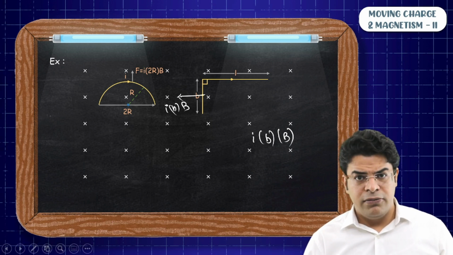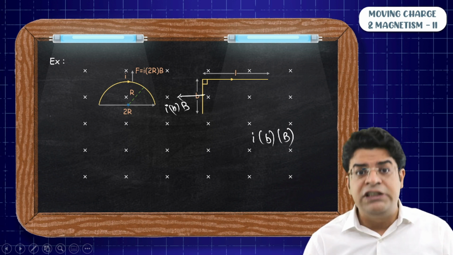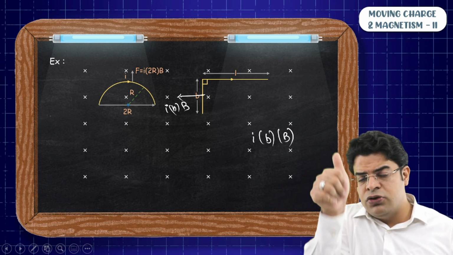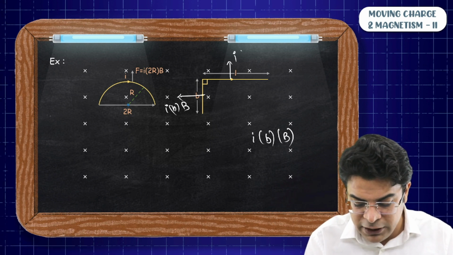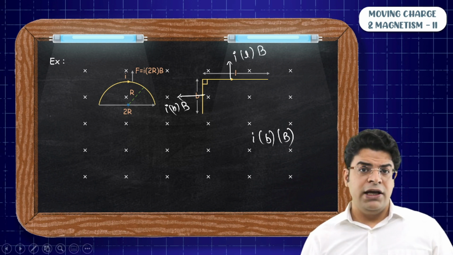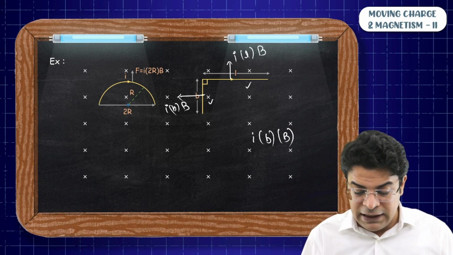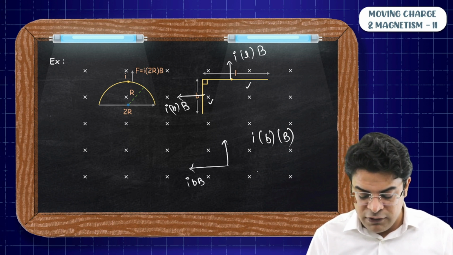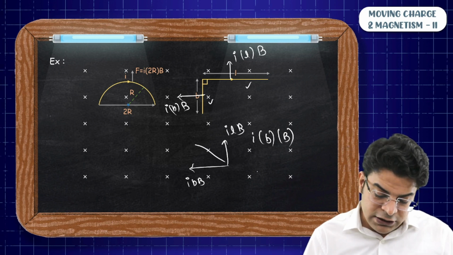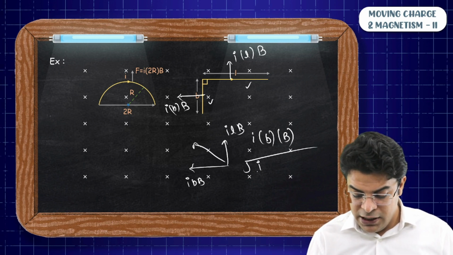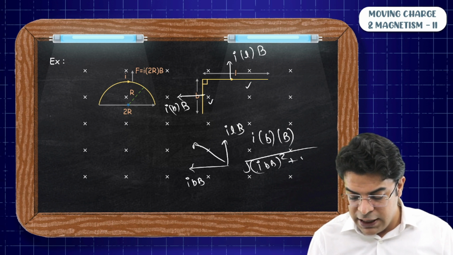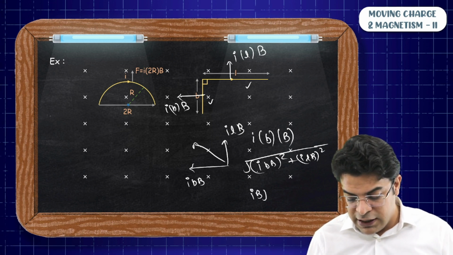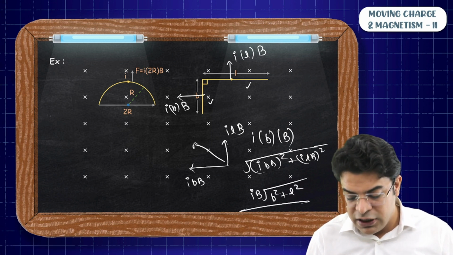On the second part, the force will be ILB. In which direction? Align the fingers of the right hand in the direction of current, cross B. So the force comes out to be upwards and the force is ILB. So you will say the force on this total wire is the resultant of these two forces, a force of IBB towards left and a force of ILB upwards. So the resultant will be nothing but the square root of (IBB) squared plus (ILB) squared, and you can take I and B outside, so you get IB times the square root of B squared plus L squared, right?